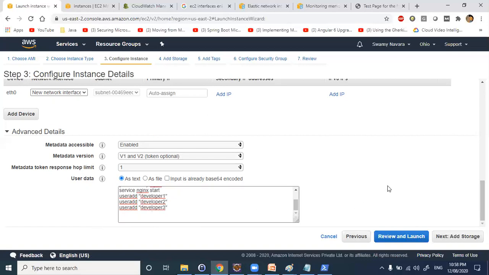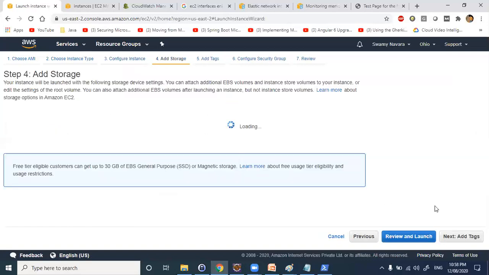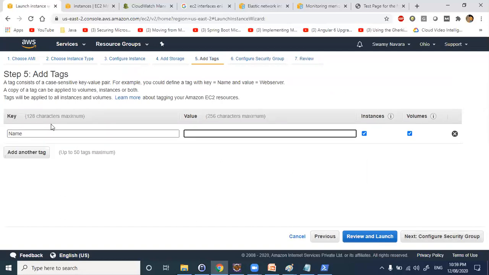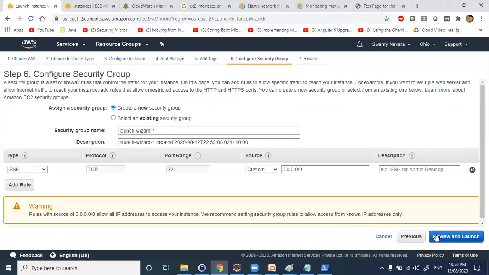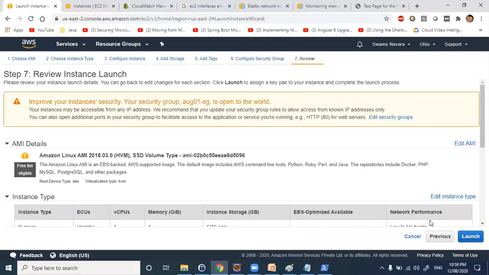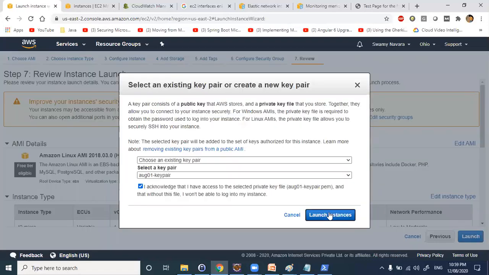Okay. Go to storage. Let's give default and let's give a tag here. Name. Go to security groups. Select August 1st. Go to launch and